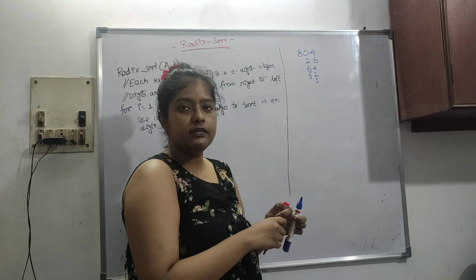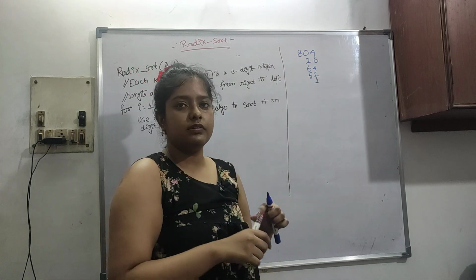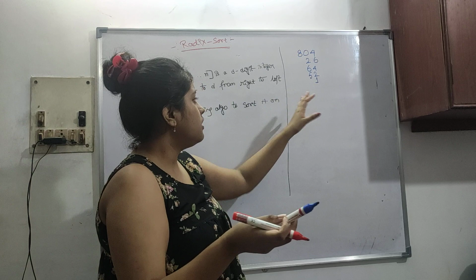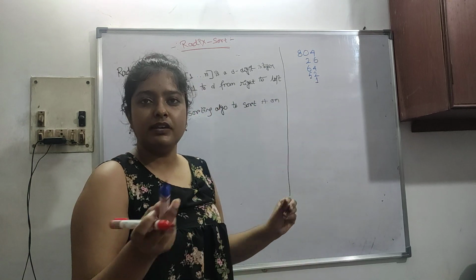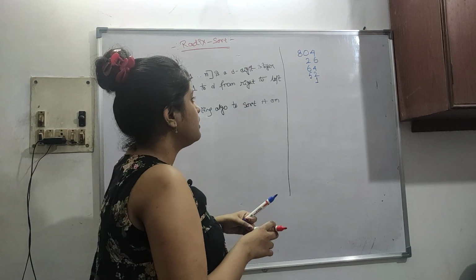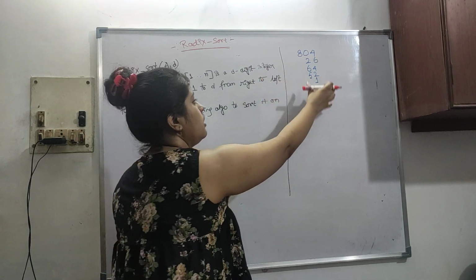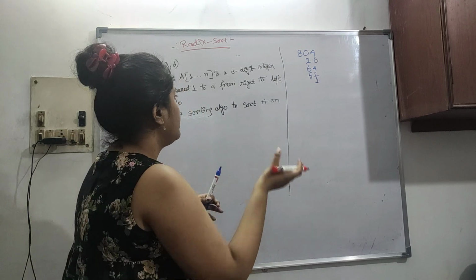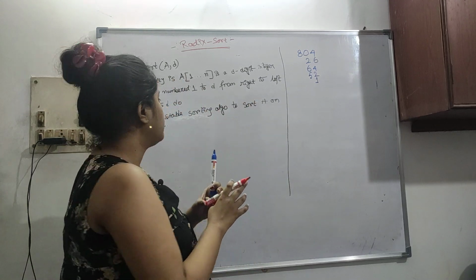So how it is done, I will show you first the procedure, because I haven't seen many questions, but I have seen one or two somewhere, in some test series. But let's see how this is working, how these unsorted numbers are sorted, and then we will see the algorithm.